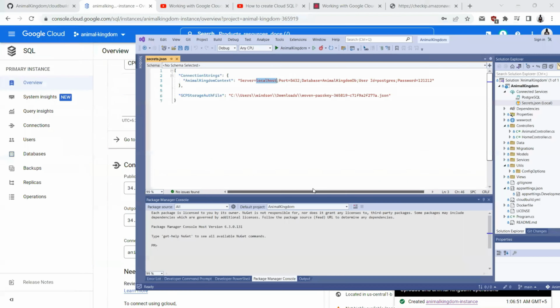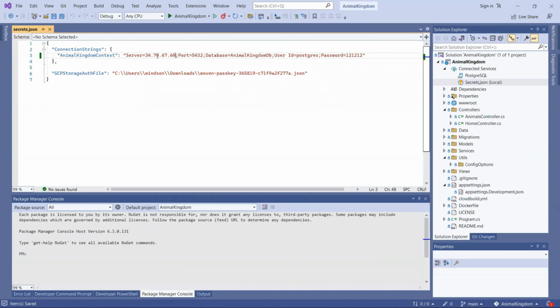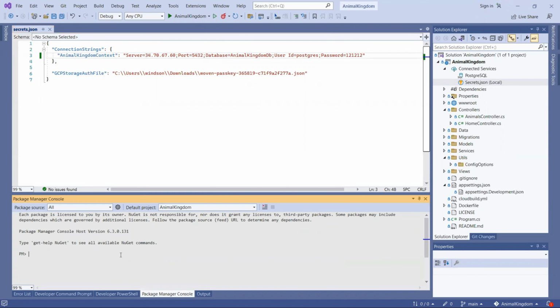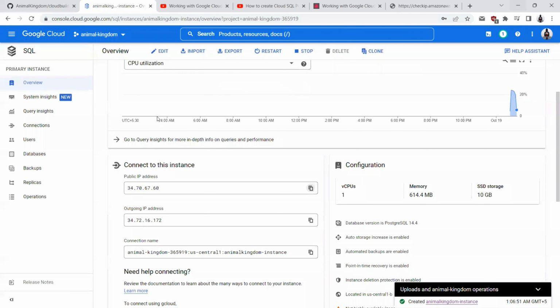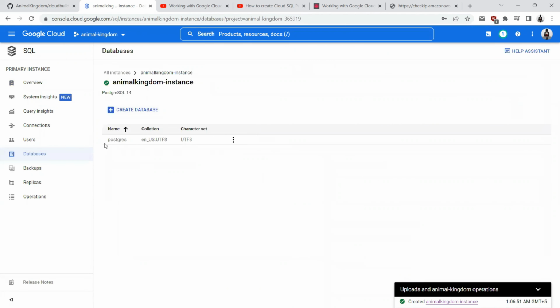So I'll copy this and paste it here. And before I run this command, I see that I have only one default database that is created as a part of the DB instance creation. So I'll go ahead and connect to this database